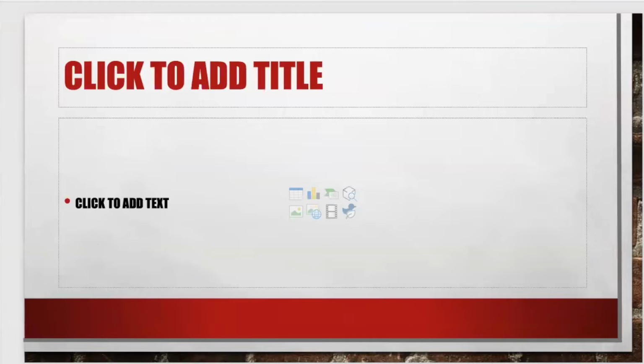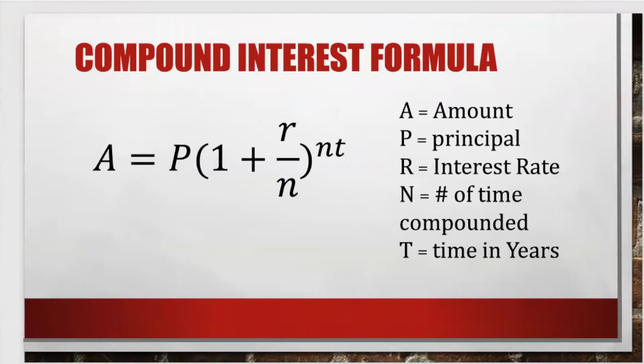First thing you need to know is the formula. A equals P times (1 plus R over N) to the N times T. Now just understand that A is the amount, the total amount. If you check on the internet, sometimes they put FV for the formula, which just means future value. We're going to be getting the complete value